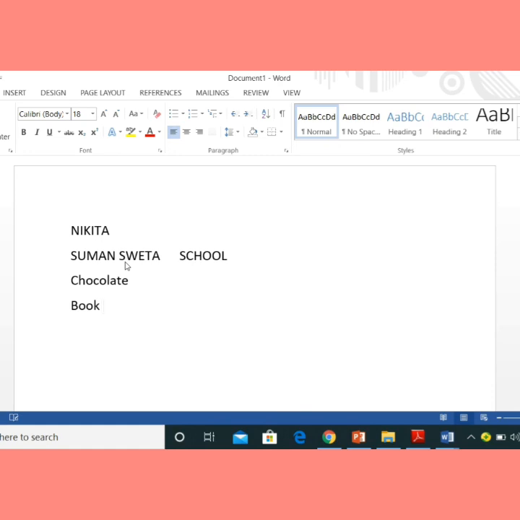So what do I do? Pressing the shift key and the plus sign together gives plus. Again, if I want the minus sign or the into sign, then in the same way I have to press the shift along with the multiplication sign. Okay, this is the into sign, the multiplication sign. So this is the practical demonstration, students, of using the different special keys. You can practice this at home, and if you have any problem then let me know, okay, I will help you.